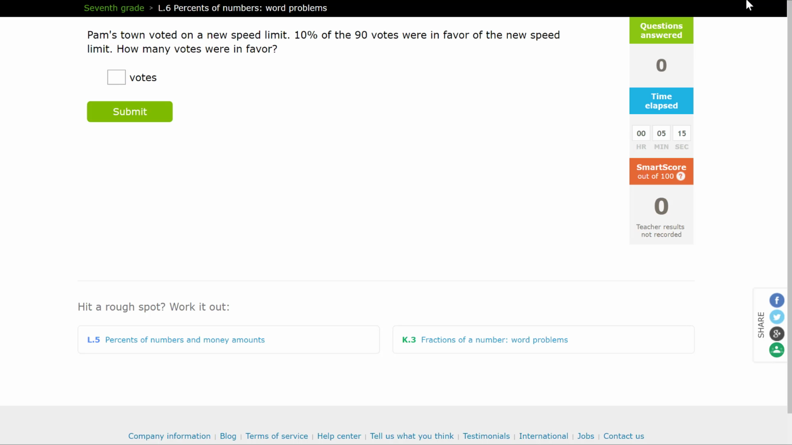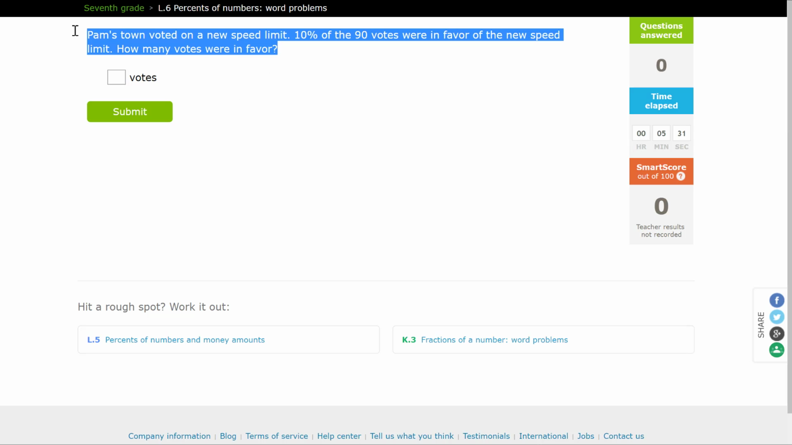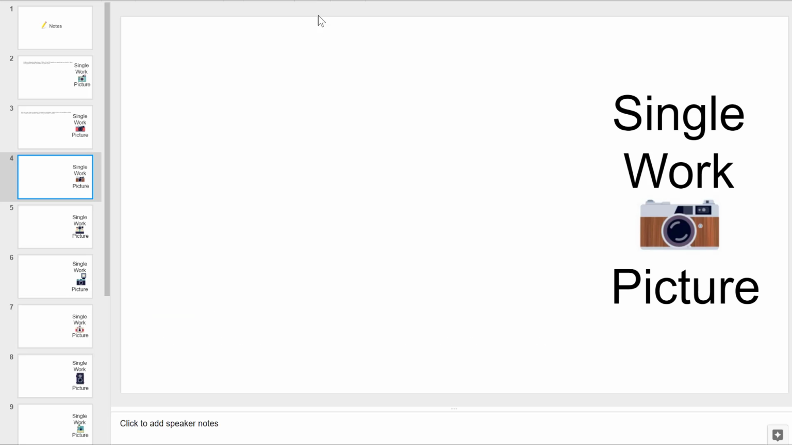Our lesson today, we're going to learn how to find percents of a number, and it's all going to be word problems. So the first thing that we're going to have to do in order to get our examples of work and create our digital portfolio for this lesson is we're going to highlight and we're going to Control C. So we're going to copy this and we're going to paste it into our Google Slides presentation that we have,